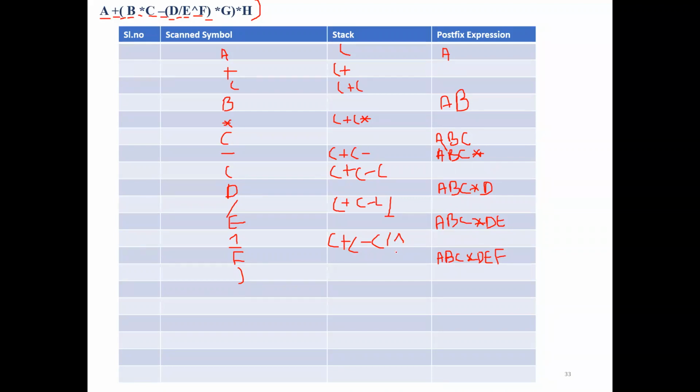Of the stack, how many operators are there on top of the stack? Which are the operators on top of the stack? 3, 4, 5, 6, 6, ma'am. So before the left parenthesis, how many operators are there which have to be popped out? I told, plus bracket, that all in, ma'am.